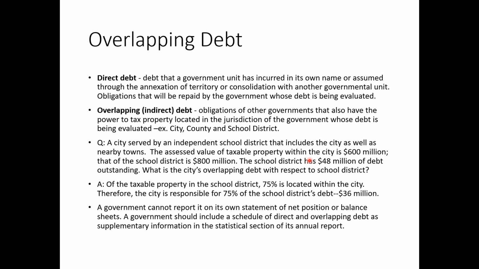So you can think the other way. The people living in the school district, they have to pay $48 million. That's a debt on them. But we know part of these people also live in the city. So we calculate that 75% of them are living in the city. So these people are also paying